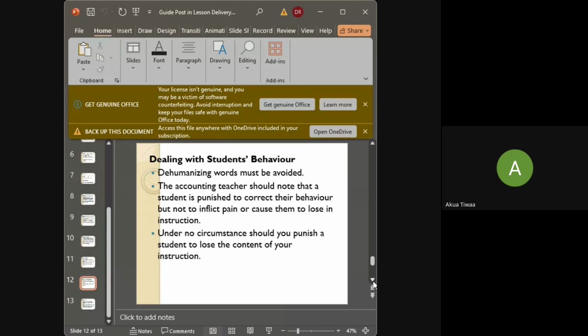Okay. Now the teacher is done. He or she has taught and has taken everything into consideration. It is time for him or her to leave. What are some of the things that the teacher needs to do exiting the class? You are done teaching. Should I let learners know before I walk, or after I am done, I don't say anything and then I walk away? What are some of the things that the teacher has to do?